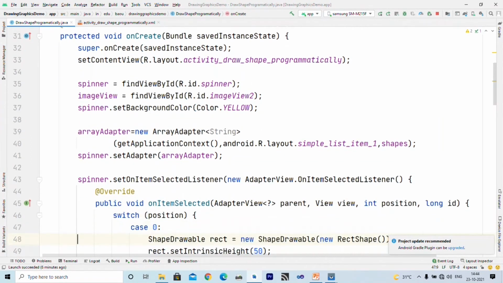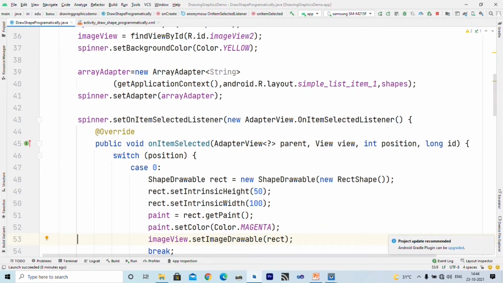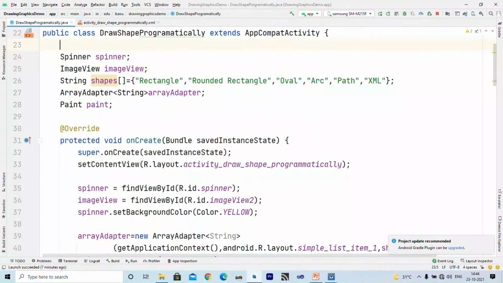Now when the user clicks on a particular item in the spinner, we want to display the appropriate shape. Remember, rectangle represents item 0, rounded rectangle represents the first item, this is at index 2, this is at index 3, and so on.